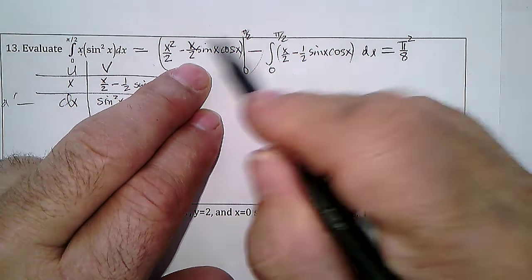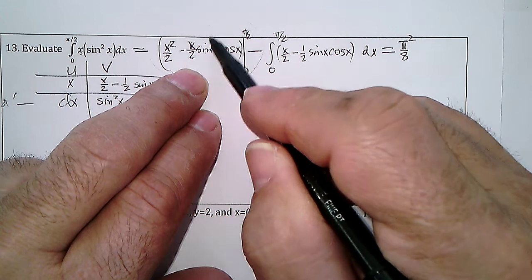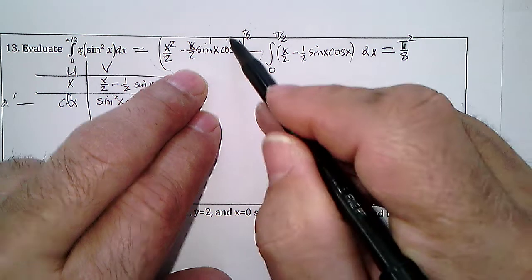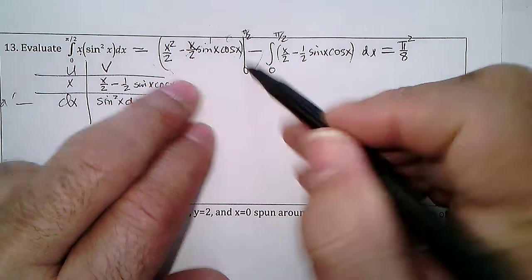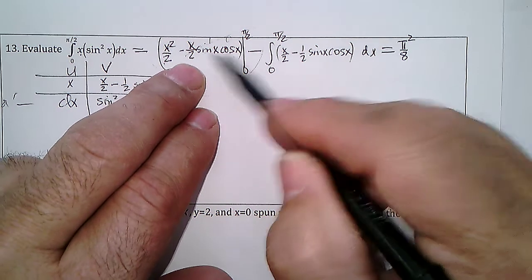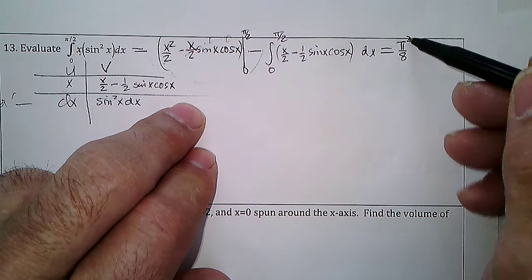And then we're going to have pi over 4. And sine of pi over 2 is 1, and cosine is 0, so that's going to be gone, so we're going to get nothing from that. Then if we put in 0, that's gone, and this would be gone, so we're getting nothing from that. So all of this is just pi squared over 8